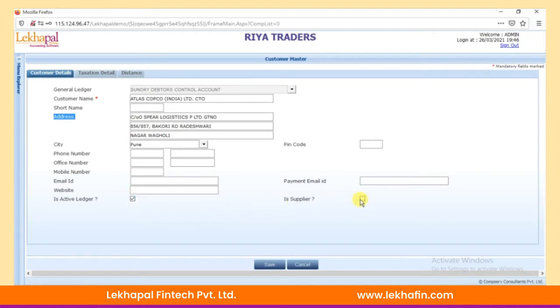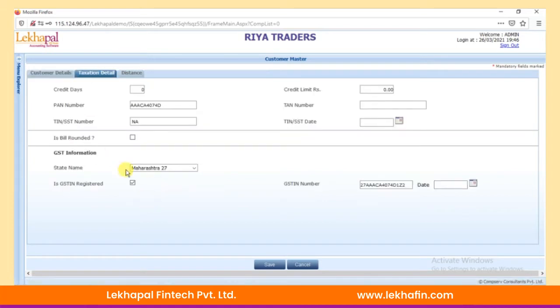After these basic static details, what we have to enter are the details about his taxation. We can define the credit terms, number of days, the credit limit. We need to insert PAN number, TAN number, TIN registration details. Now next, what we have to insert is GST information, his state code,